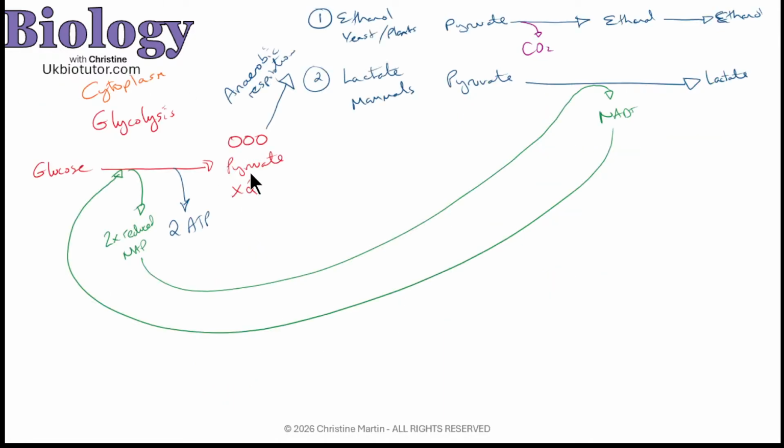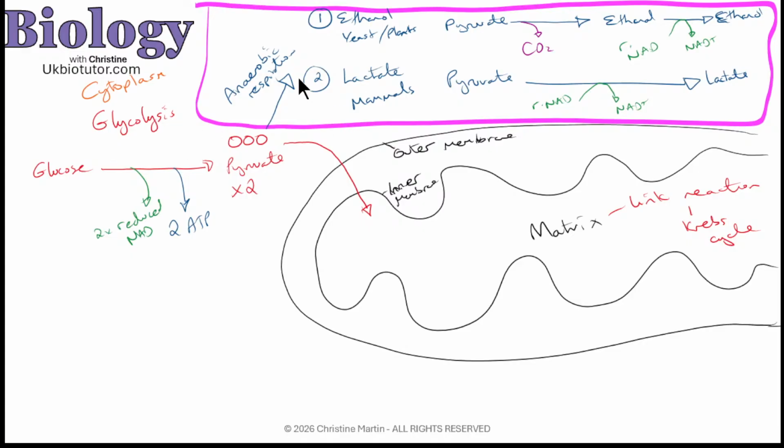But yeah, just to show you what I did with my student earlier, I was saying about the respiration topic. So I put this through. You've got glucose going to pyruvate. Pyruvate can go down the anaerobic respiration, and it's all about regenerating that NAD. Whether we're talking about it in the ethanol fermentation in yeast and plants, we've got our pyruvate, decarboxylation, ethanal, and ethanal becomes ethanol, with the same thing happening up here. My reduced NAD is coming in, and my NAD plus, my oxidized NAD, is coming out. So that's if it's anaerobic respiration.